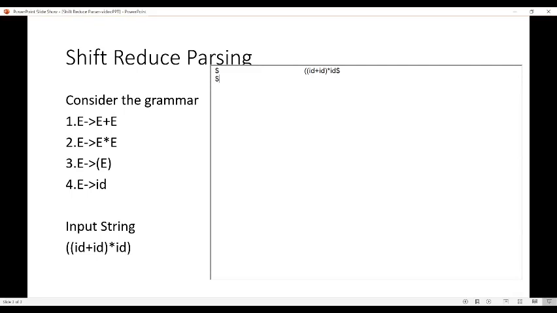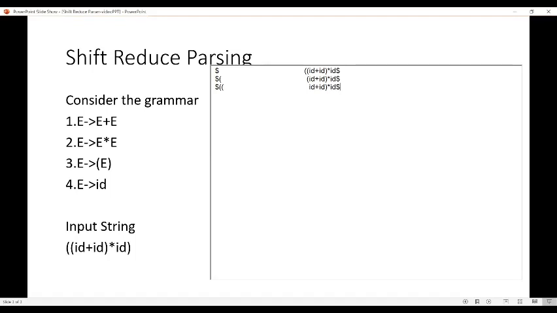So the stack content would be open parenthesis, and the remaining content in the buffer would be id plus id closing parenthesis into id $. Now again we apply shift action, shifting the next symbol from the buffer into the stack. So the stack is $ open parenthesis.